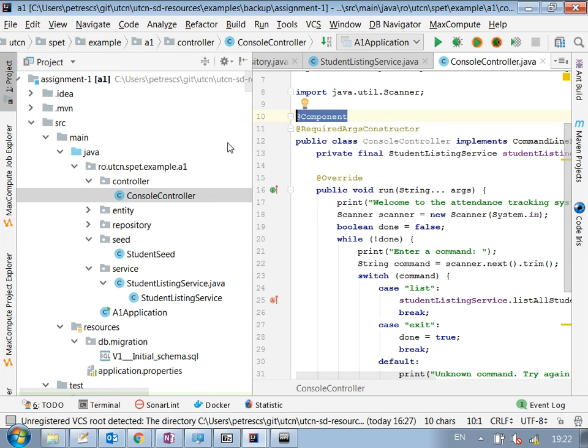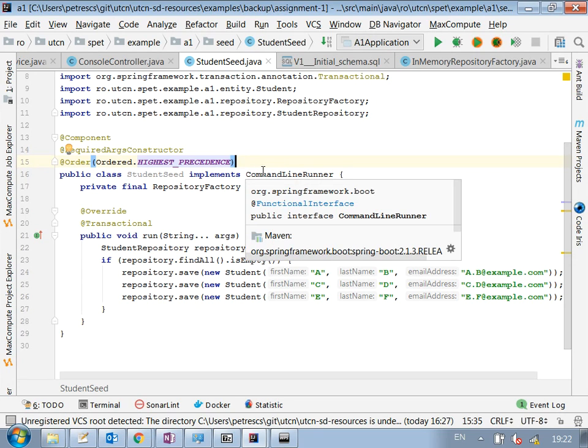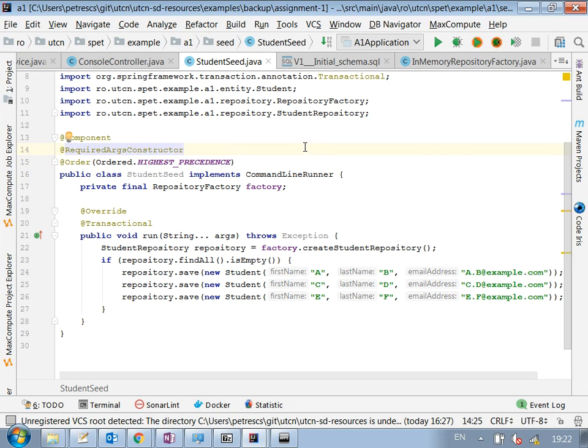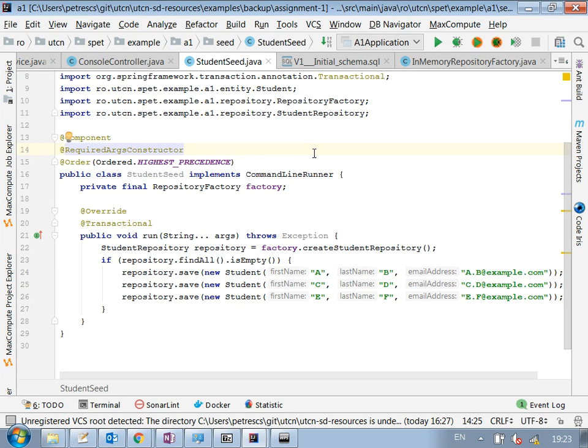Okay? And really the last thing, which I forgot about initially, is a seed. There are multiple ways, yes, but we have an in-memory repo, and I want to seed that also. So a seed is, for example, to create some test data, right? You want your database to have some test data in it or some one-time initialization data. And usually I would say, okay, let's create a Flyway migration script, which inserts stuff in the database. But we also have the in-memory repo that we have to